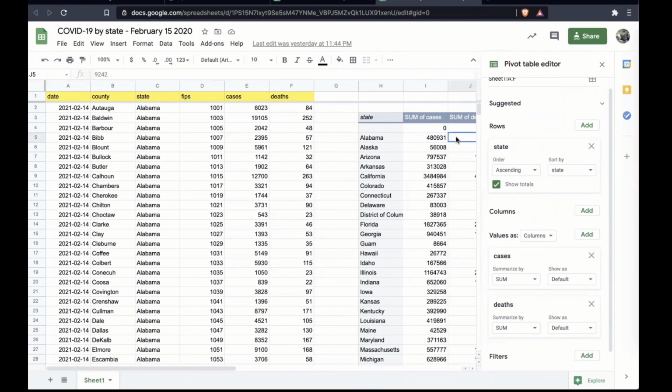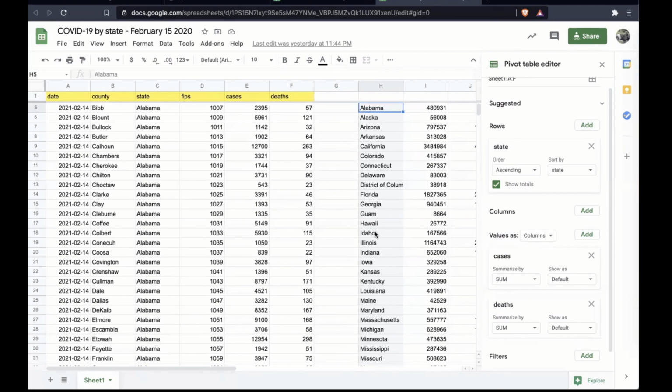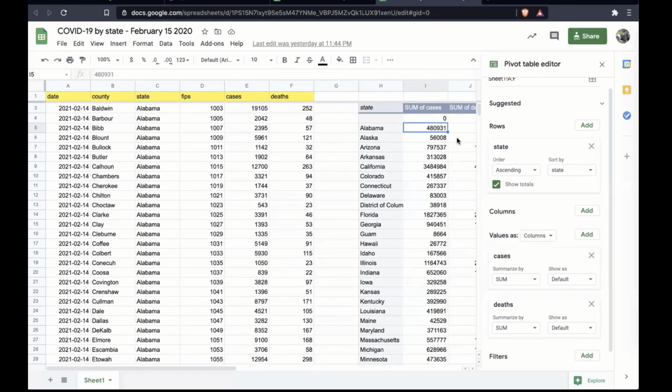The sum of all cases and the sum of all deaths. Alaska, the sum of all cases, the sum of all deaths. So the pivot table, what it can do is group together all the records that share a common field value. And that's what I've done. I've said group all the records that share the state value Alabama, or actually just that share the same state value no matter what the state value is. And the pivot table will automatically then outline all the different values it found in that state column and perform the aggregate functions that we want it to perform on that entire group independently of other groups. The slides have a deeper explanation of pivot tables, but I wanted to give you guys the flavor of these